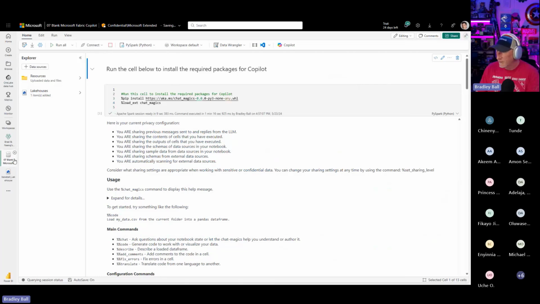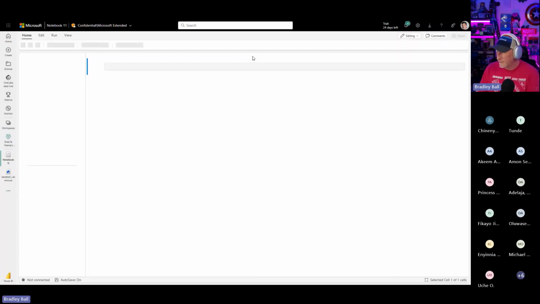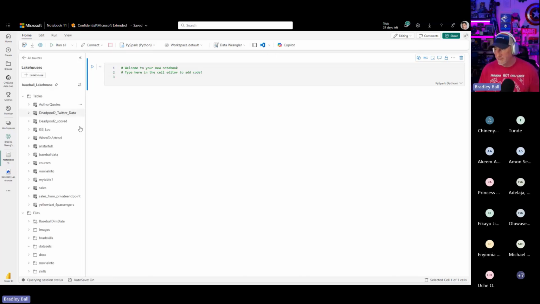I'm just going to say, let's go in the lakehouse and let's do a new notebook. Because what's the fun thing that everybody's talking about, right? Everybody's talking about Copilot. So my goal is I want to do some analysis of this movie info, right? In America, throughout the world, when a big movie comes out, they put it in a lot of theaters.